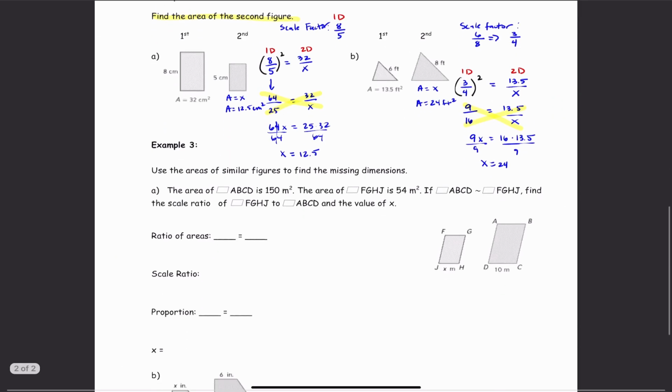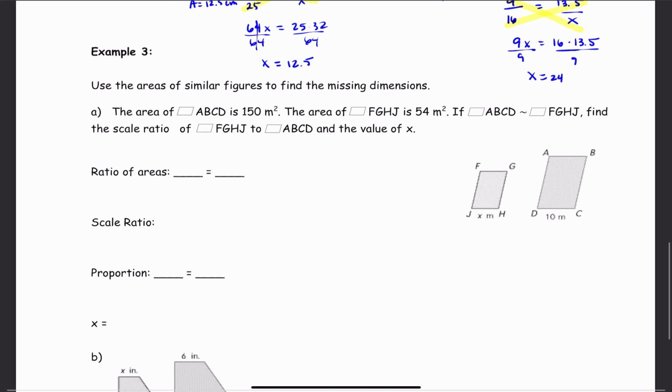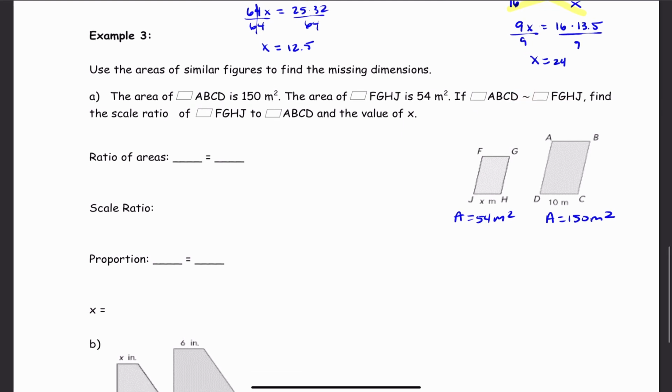All right, let's go take a look at example 3. Use the areas of similar figures to find the missing dimensions. The area of parallelogram ABCD is 150 meters squared, and the area of parallelogram FGHJ is 54 meters squared. Now, if these two parallelograms, which we talked about 2 seconds ago, are similar, then we find the